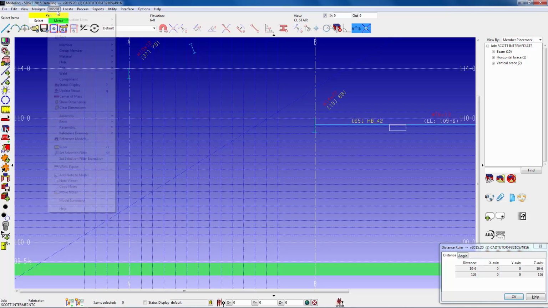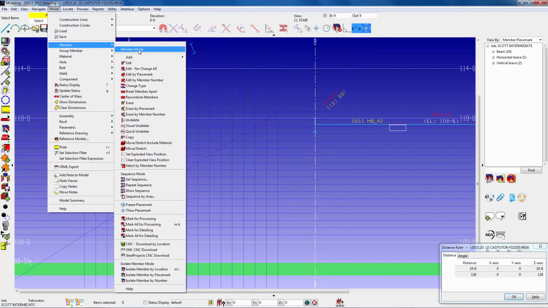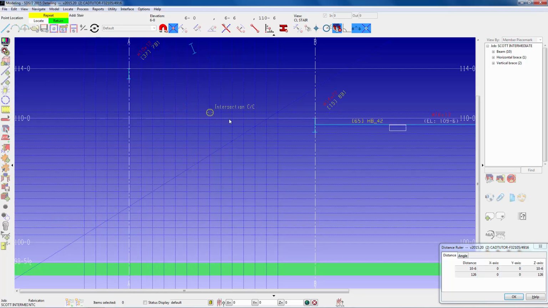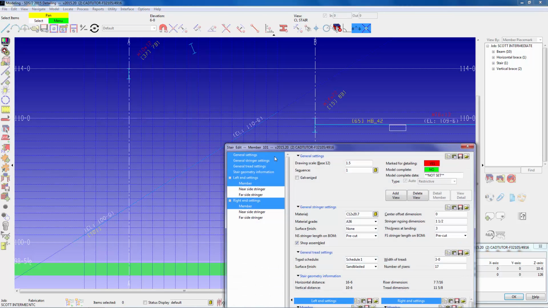So now to put in my stair, I can go to my member, add. Again, I'm going to use the pull down menus for this example, member add, and then stair. So for a stair, I'm going to pick my bottom of my stair, and this is 1 tread past your last nosing. So I'm going to go from there to my first nosing at my landing, my 3 foot over. And now it brings up your